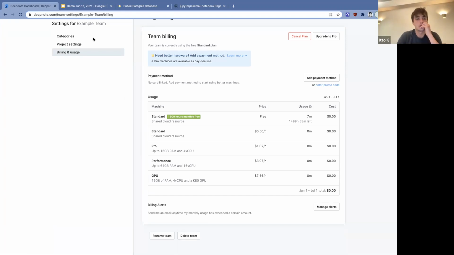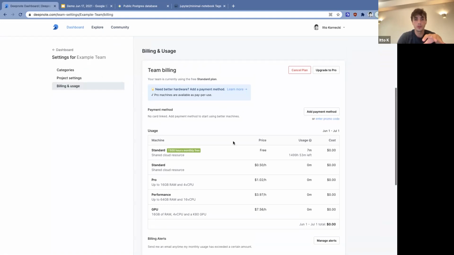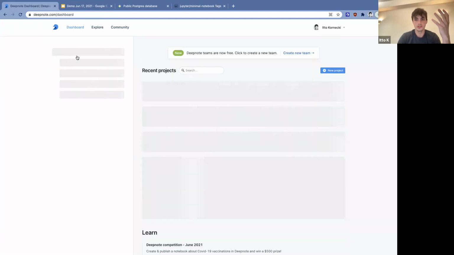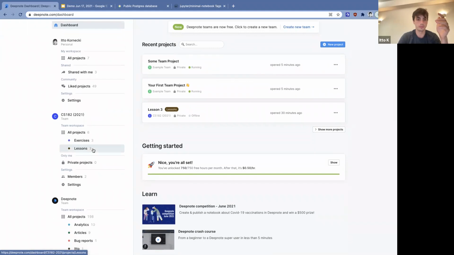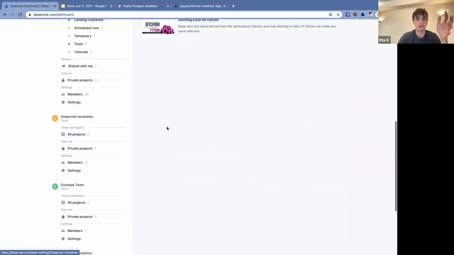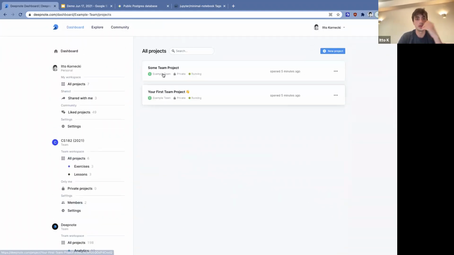Right. So that's one example of shared resources: shared compute time. Let's talk about other shared resources. One is integrations. I know from talking to some of you that you're using these integrations, but in case some of you don't know them, an integration means that when I create some team project,